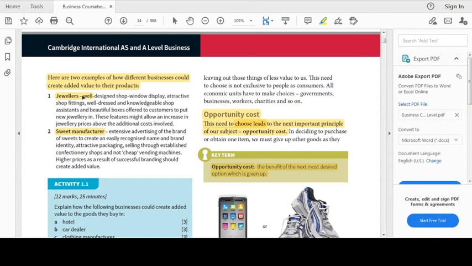Let's see. Jewelers: how do jewelers create value? They try to have a very well designed shop. They have a very beautiful display, attractive fittings, and most of the people are very knowledgeable and very well dressed. Obviously, if you're going to a jewelry store, you will be spending maybe 70,000 or 80,000 real, for example if you are buying a diamond ring, or something very expensive. So when customers come there, they want to see someone sophisticated, intelligent, knowledgeable, and properly dressed.